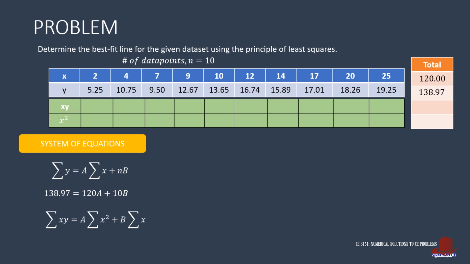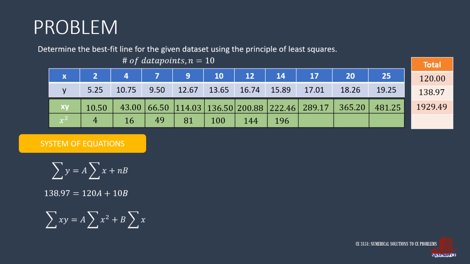With an extended table, xy values are 10.5, 43, 66.5, 114.03, 136.5, 200.88, 222.46, 289.17, 365.2, and 481.25. So the total is 1,929.49. Complete the row for x squared too, giving 2, 16, 49, 81, 100,